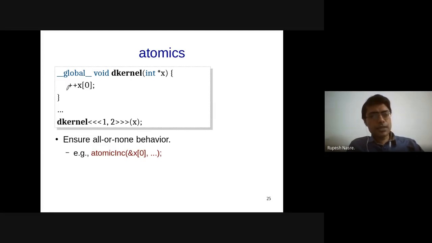And for plus plus, there is a nice atomic instruction, atomic increment, which is provided by CUDA. It takes 2 arguments. The first is the shared memory location, which needs to be read, incremented, and stored back or returned to. Right? These 3 operations are done atomically. And then the second argument, which is not very important really, some of us might get confused, because many times we give the value 1, and you might see that there is no increment happening because of this. And the reason being that that value n that we give here,